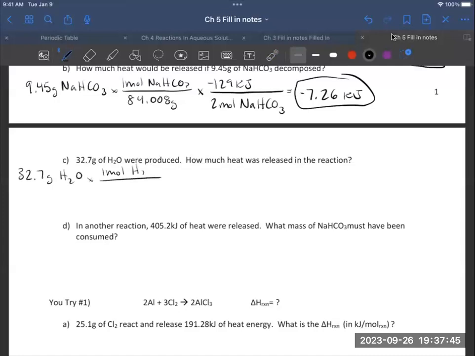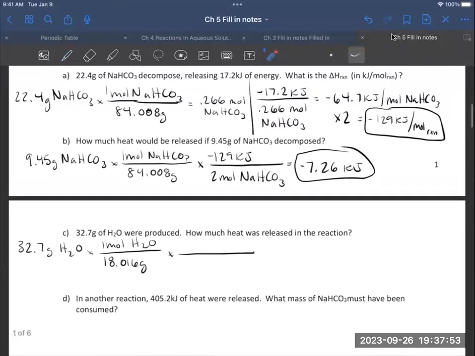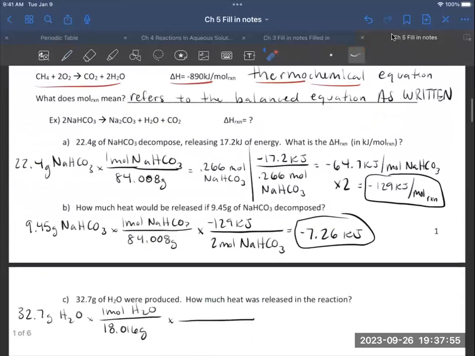As always, we've got to turn it into moles first. So 18.016 grams. And again, it's asking how much heat is released when the reaction occurs. So let's take a look. In the overall mole reaction for this, we have 1 mole of H2O. So when this reaction occurs, when 1 mole of H2O is produced, we know that this much heat is going